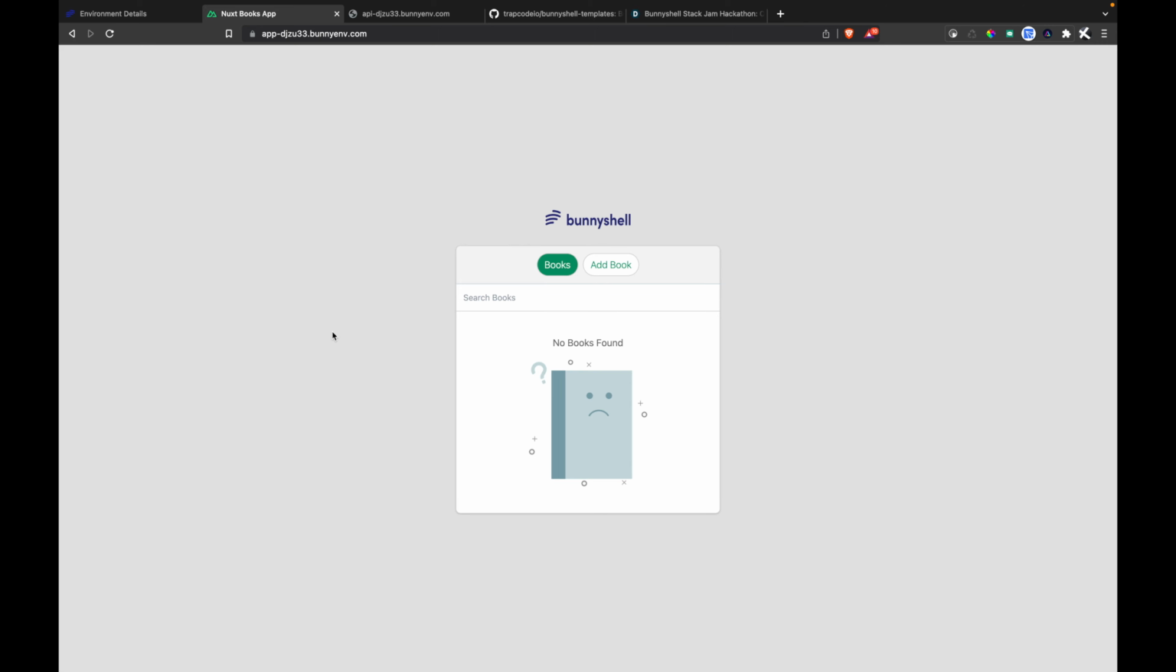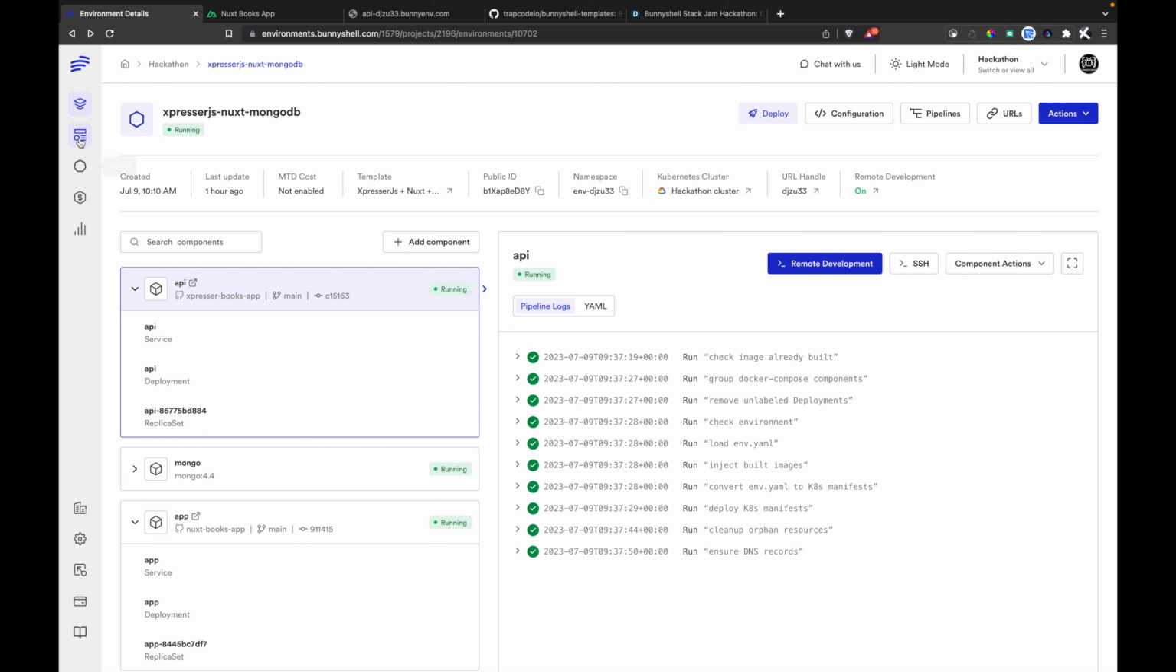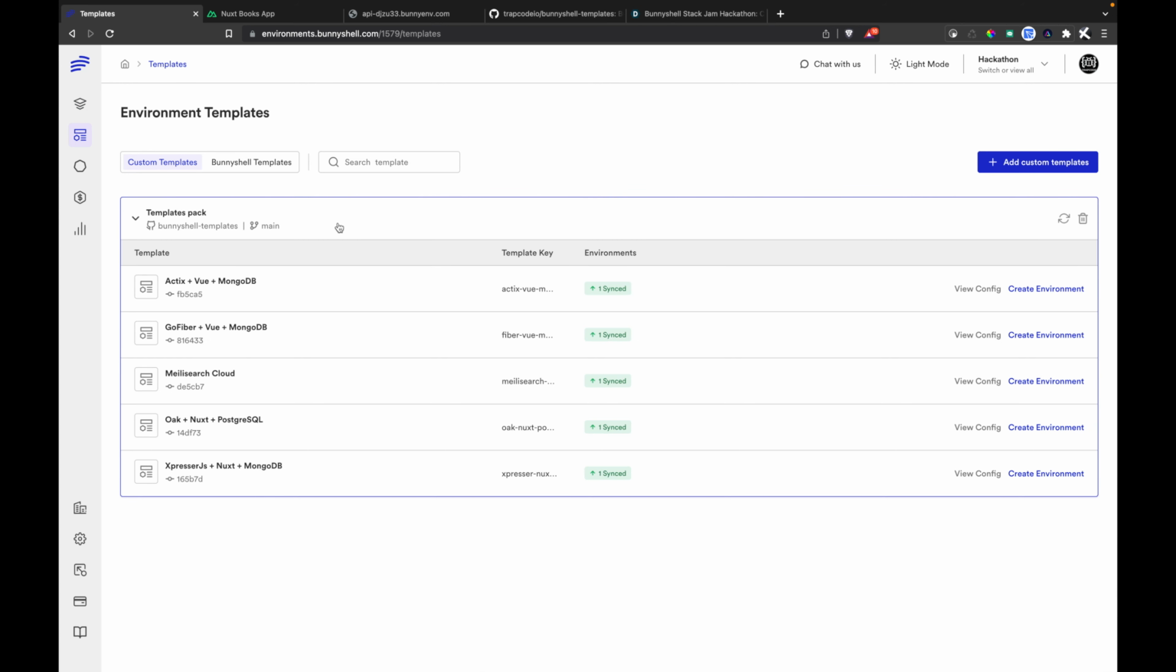But I will not be paying much attention to how the book app works, because that is not the main purpose of this template pack. The main purpose of this template pack is to make sure you have a boilerplate to use and start up your project. If you're using either Vue or Nuxt for frontend, or Actix, Rust Actix, Golang, Fiber, Meilisearch Cloud, Deno Oak, or Expressor.js. Even if your project is not directly using these stacks, you will get a good insight on how your desired framework that is using a related programming language should be configured on